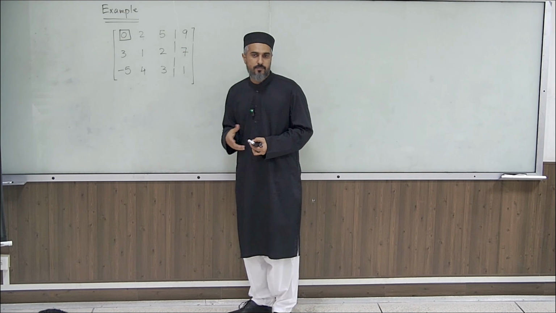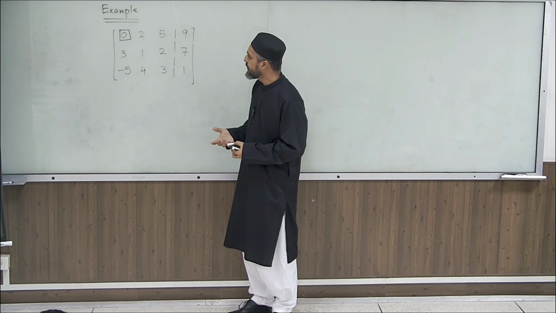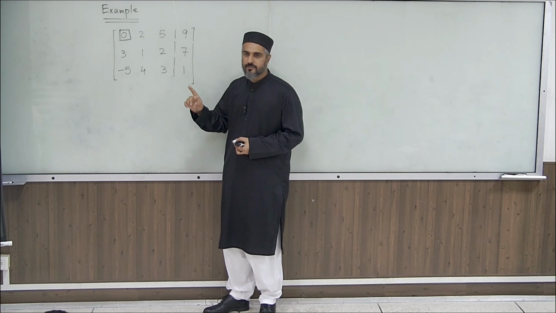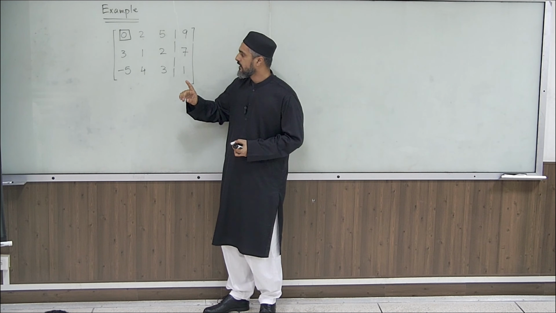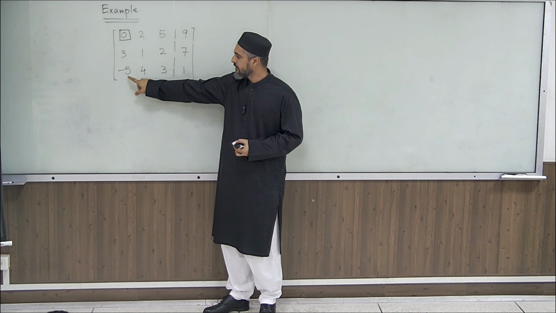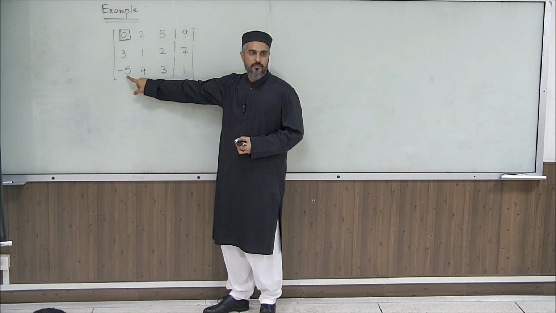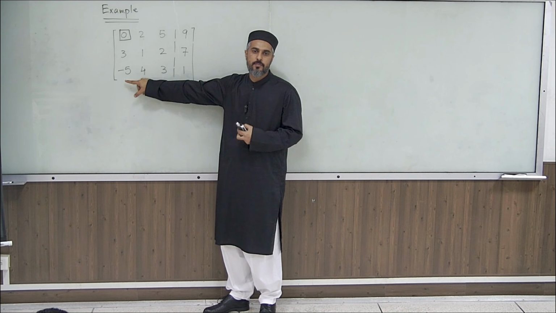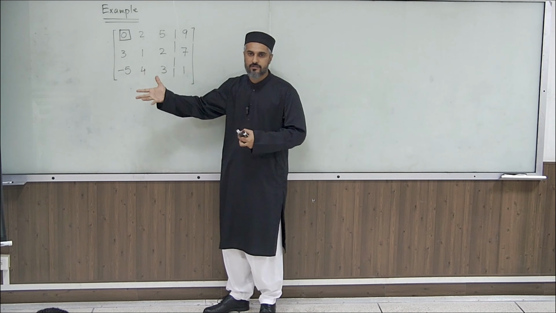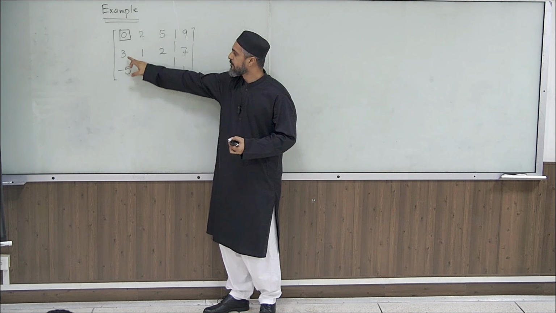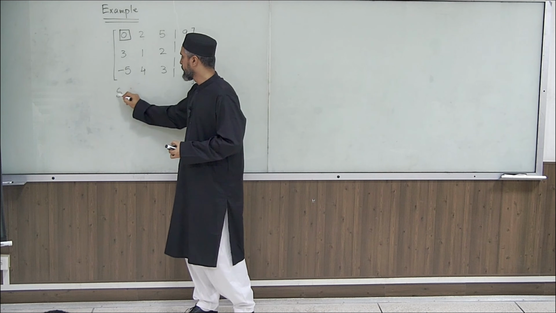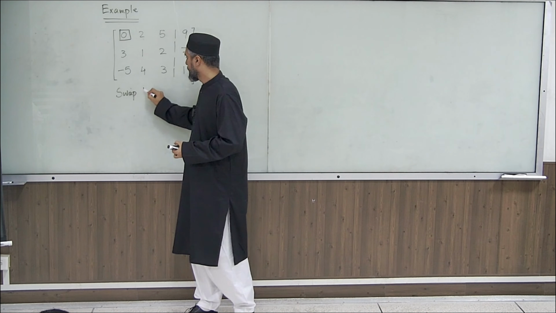So we can't have the pivot element as 0. So we have to swap the rows. But partial pivoting says to swap with the row where you have a number higher in magnitude. So you see, minus 5 is a bigger number in magnitude, it's 5, as compared to 3. So what we're going to do is swap rows